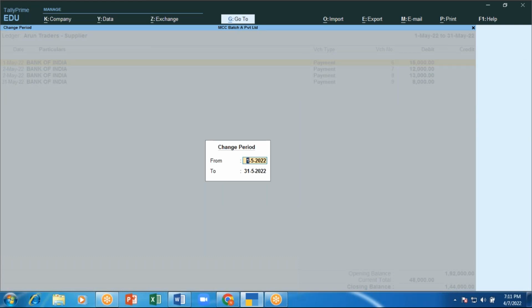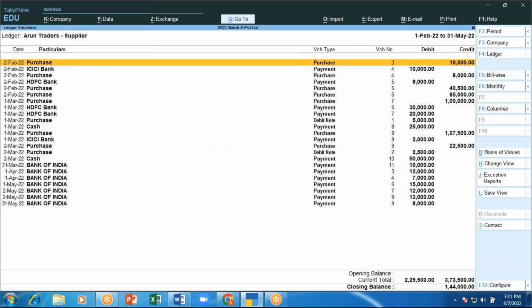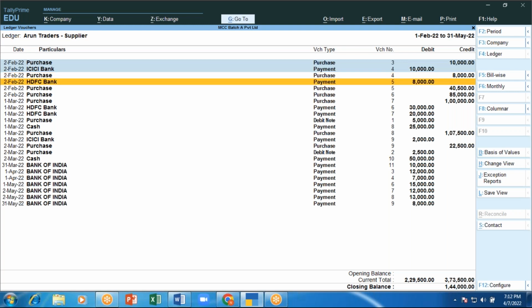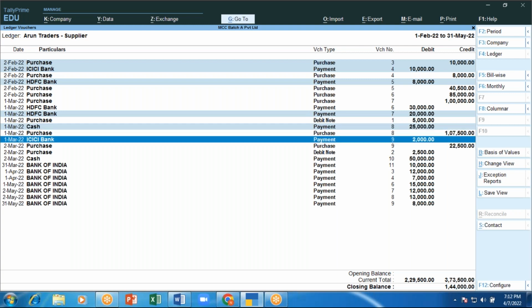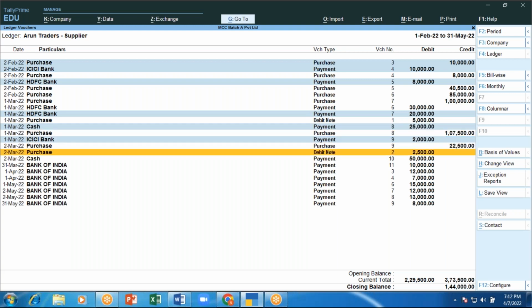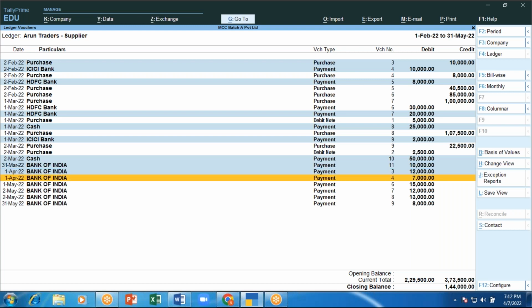Okay, I'm giving this period. I'm changing this February 2022 to March. So these are the things I have made. Now I want to remove a few things. Whichever I'm going to remove, I'll just press the space bar on that. I'll remove all the payment entries by selecting with space. I'm coming down, using the down arrow key, and using the space bar